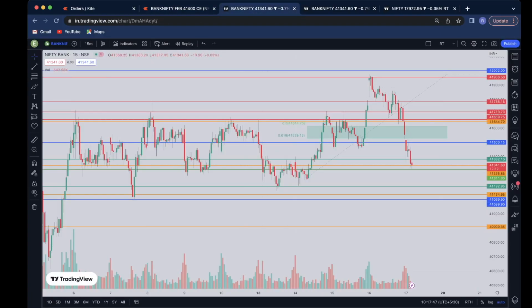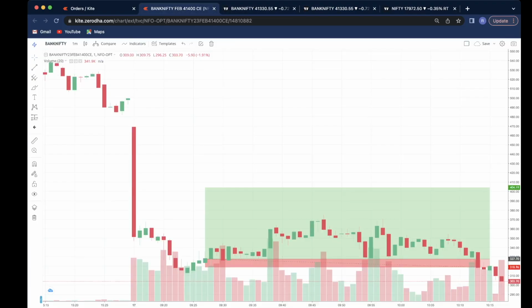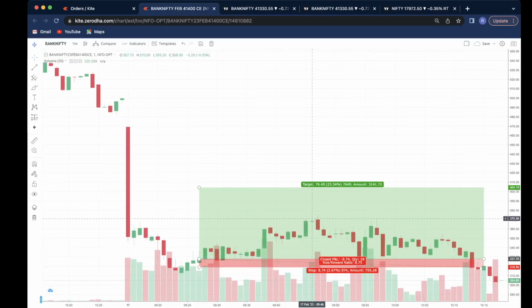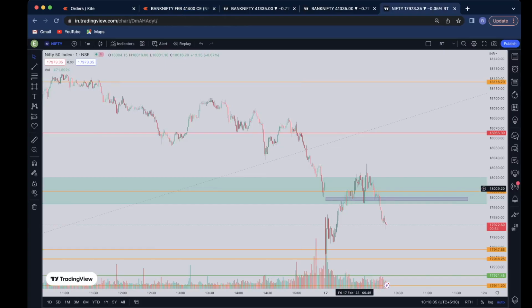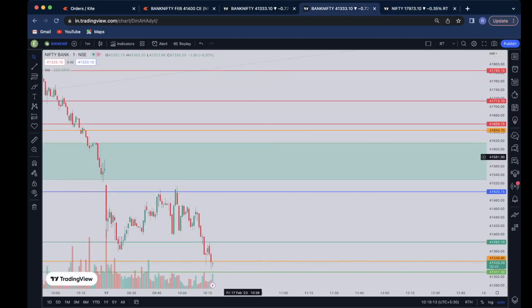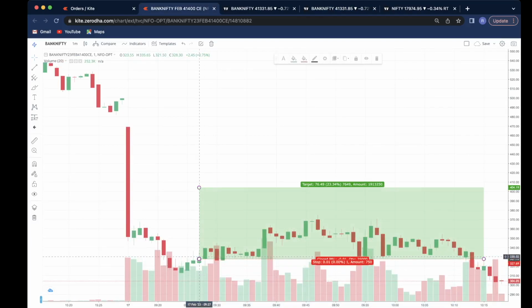So at 9:38 we trailed our position, and around 9:45 or 9:47 I made another trail. 9:45 was another breakout. At the same time, Nifty was at a very crucial level and had given a good breakout. Nifty doesn't have any space left, and Bank Nifty is around a very crucial level, that is 41,500. It could take resistance here, right? So again I trailed here to my cost price.